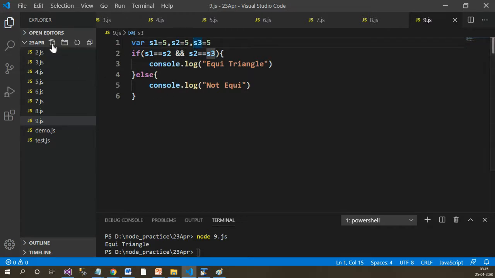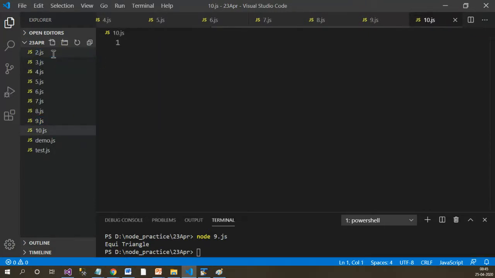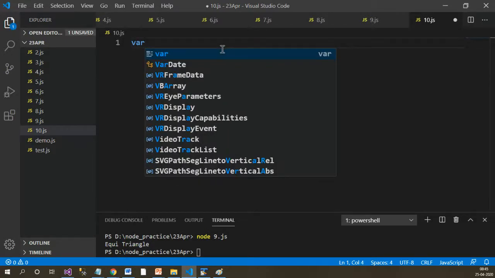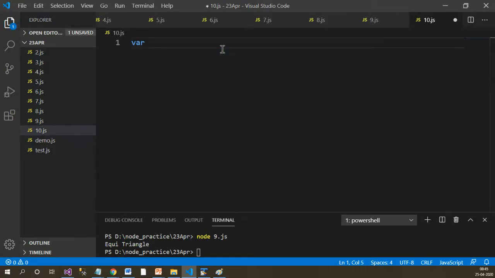Now again add one more file, name it as 10.js and try to execute one more example using the logical operator.